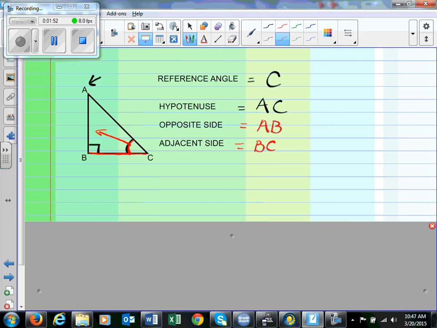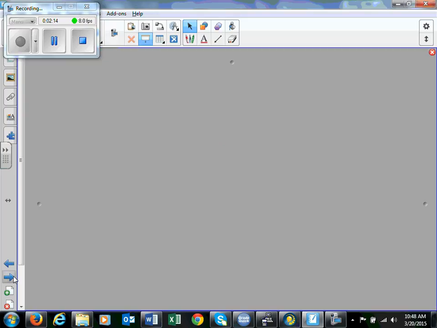So it's important to understand the hypotenuse, which is very simple because it is right across from 90 degrees. So that's the hypotenuse, the longest side in a right triangle. The opposite side is AB and the adjacent side is BC. And so once we know the three sides, we are ready to look at